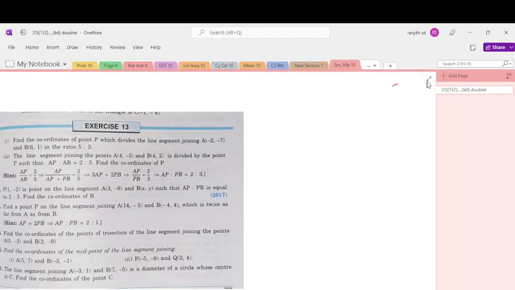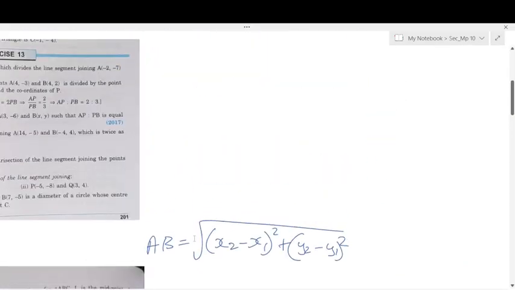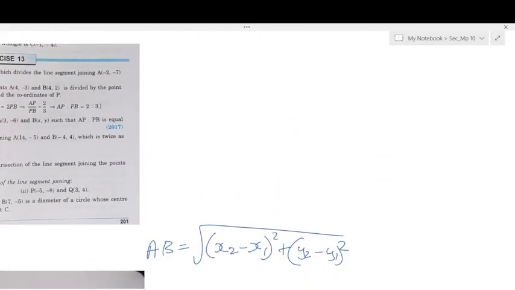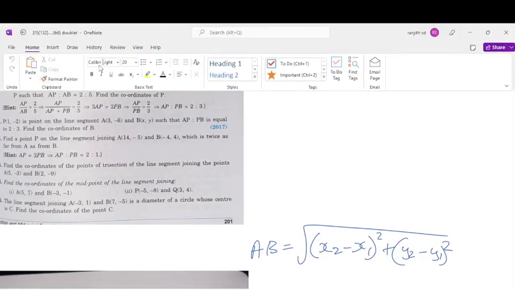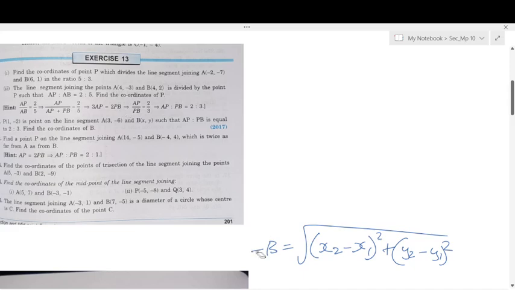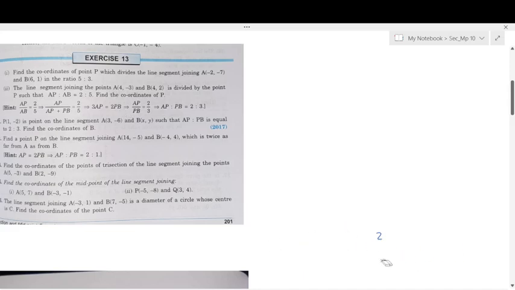Look at the first question and answer this. Use only three formulas, and we have another two concepts: X-intercept, Y-intercept. Nothing else in this chapter. Everything is easy. Yes, tell me the first question. Find the coordinates of, draw a straight line students. Find the coordinate of